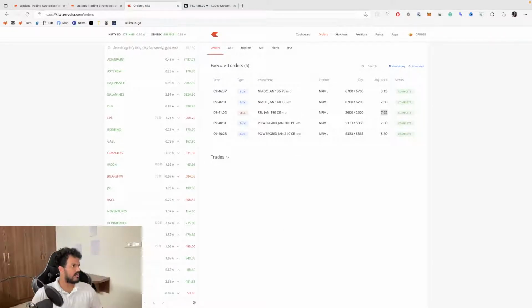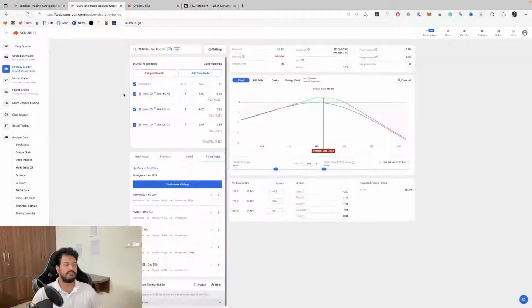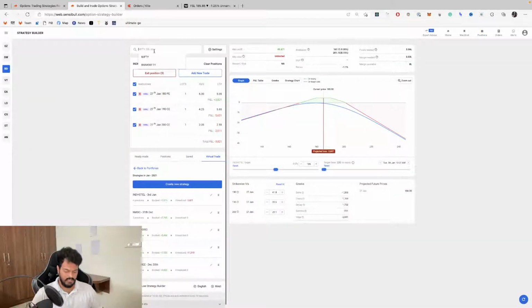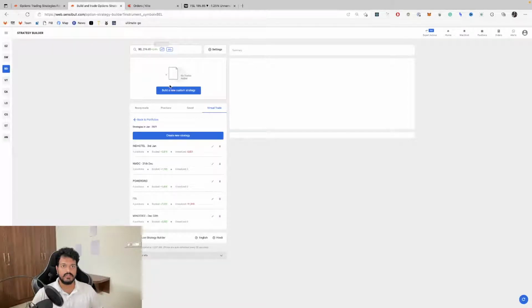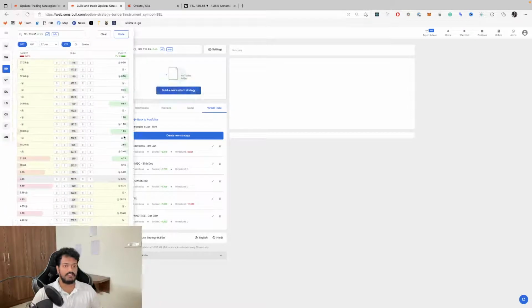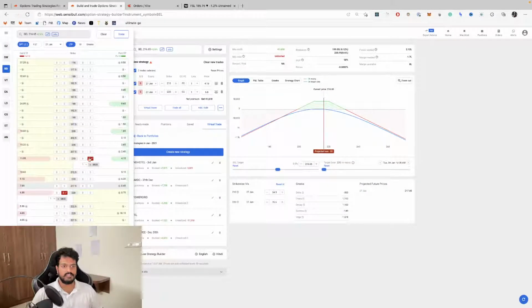So what other strategies did I do is BEL, right? So let's take BEL. Let's see what I've done in BEL. BEL had a good move. Okay, I was thinking something like this yesterday, but since it had a good move,